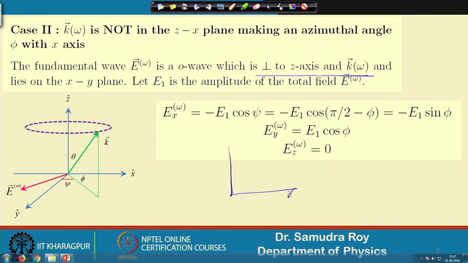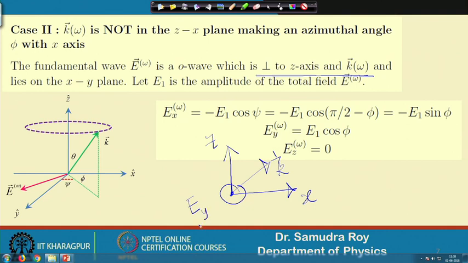If I go to my previous picture where it is z, this is x and this is k, then all are in the same direction. If I ask what should be the direction for which both k and z are perpendicular, the direction perpendicular to both k and z will be the direction perpendicular to this plane, as simple as that. So, E was perpendicular to the plane previously, which is nothing but the direction of y.